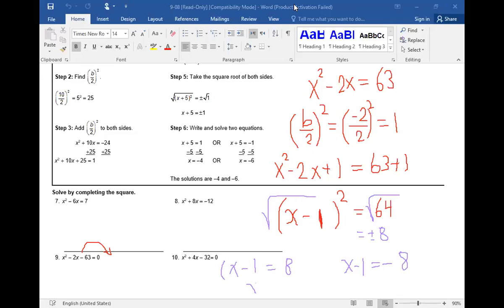Then x equals 8 plus 1, which equals 9. On the other side, x equals negative 8 plus 1, which equals negative 7. So the solution set